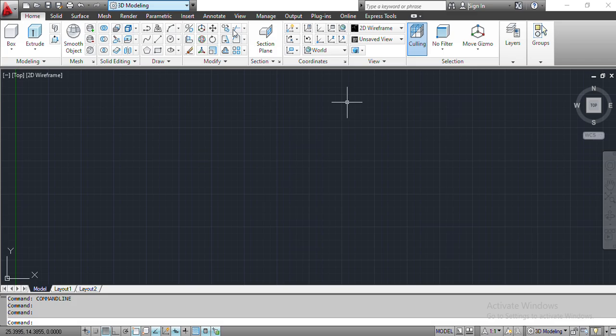As you can see here, this is 3D modeling. Already the page is in 3D modeling. So the next thing that we are going to do, we are going to set the units and the limits. That is the next thing we are going to set. Units, and in setting the units we are going to set